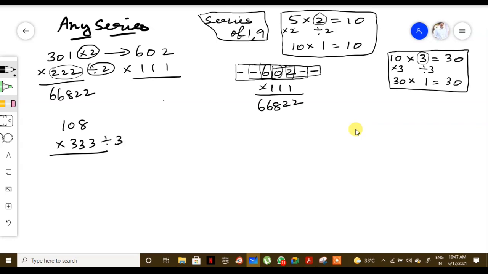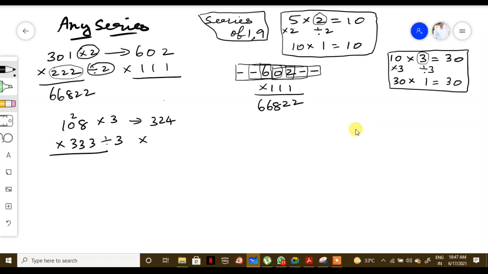Divided by 3 we do here. Next one, we have to divide this one by 3, so you have to multiply this one by 3, correct? So what do we get as the answer? So 108, so 3 8s are 24. So we are having here 2, so 3 into 0 is 0, so 2 will be carried on. So next one is 3 ones are 3. So we got the answer as 324.